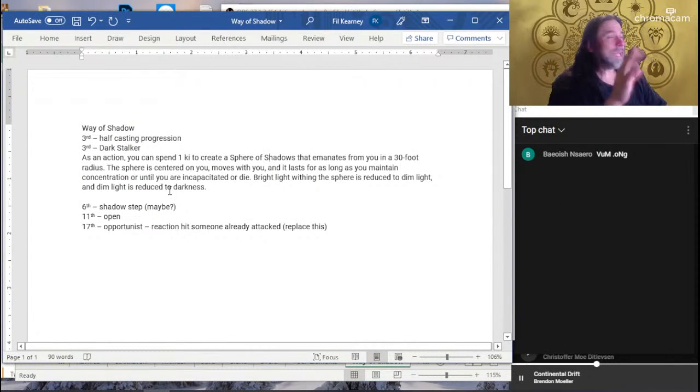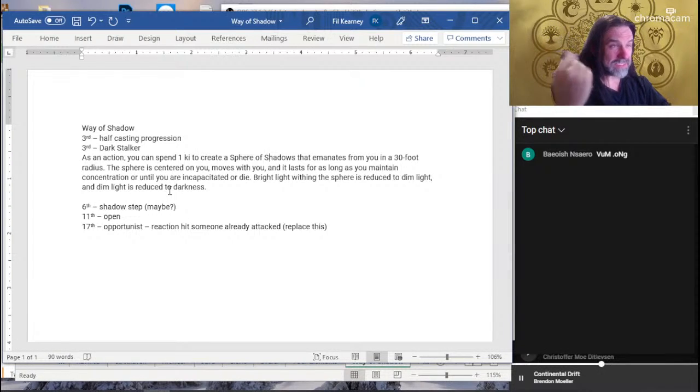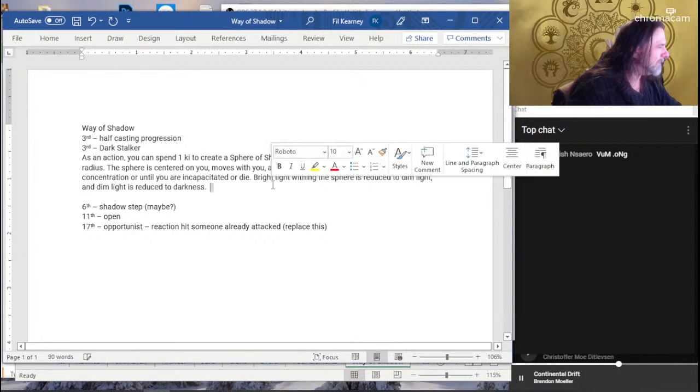So what you get at 3rd level, you get 4 2nd level spells. What we give you at 3rd level is 3 1st level spells. We give you the Sphere of Shadows, which is also a 1st level spell. So then we're going to up it a little bit. In addition,